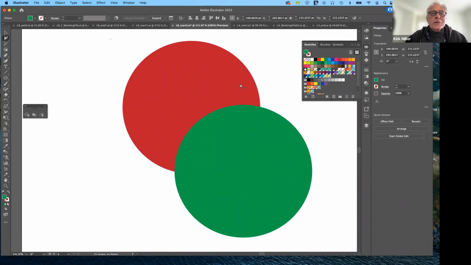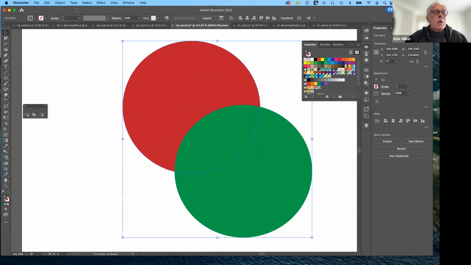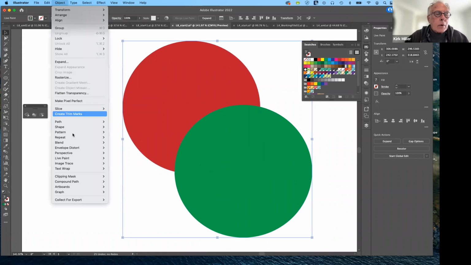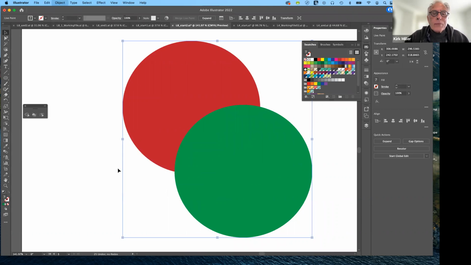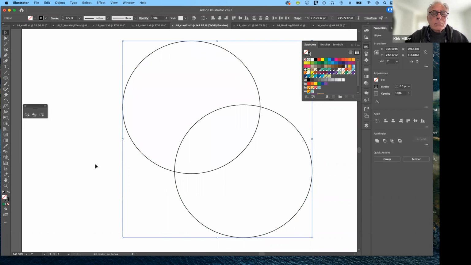So again, I would have to select them again, select the whole thing like so. And then I would go back to Object and I would go to Live Paint. And I would say Release so that it's no longer a live paint and I could go back and redo it again. So I could select individual shapes,